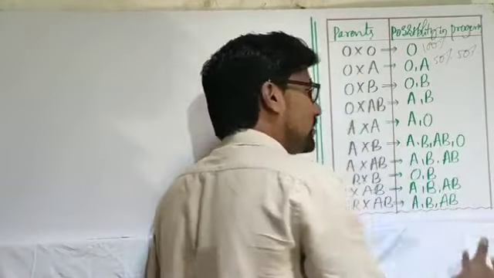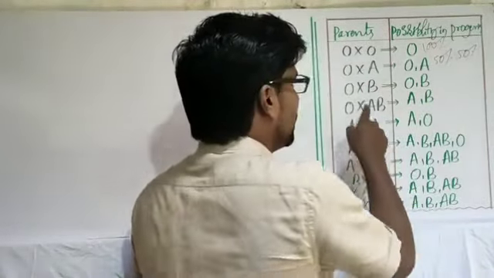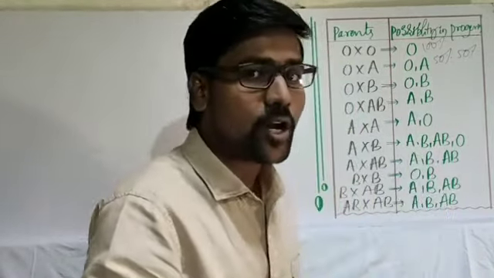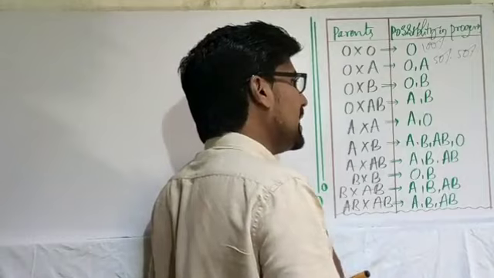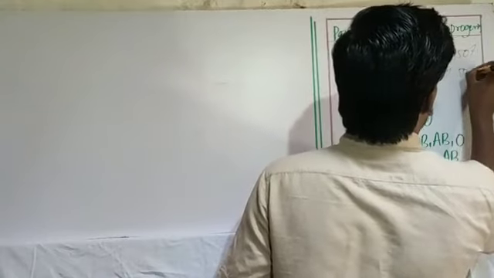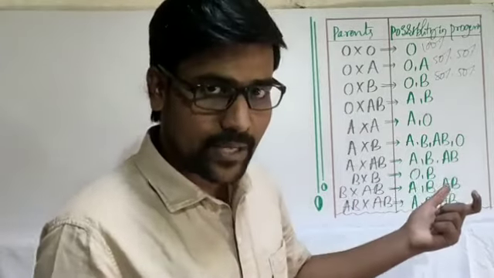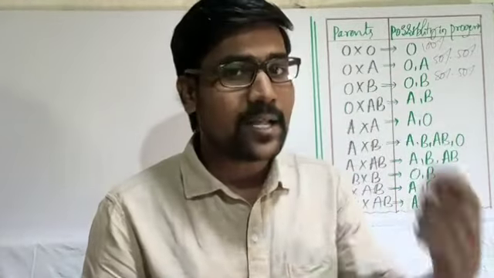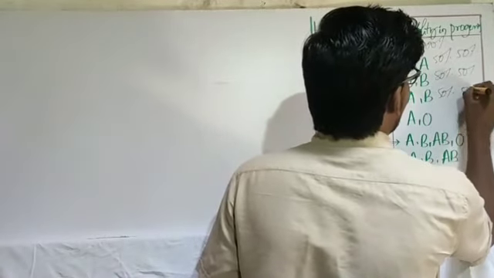If mother is O and father is B, let me consider all these as heterozygous conditions, then again O and B are possible. A is not possible, AB also not possible. Again the chances are 50-50%. And if the mother is O and father is AB, or vice versa, then only 2 blood groups are possible, either A or B, not O, not AB. So here also the chance is 50-50%.